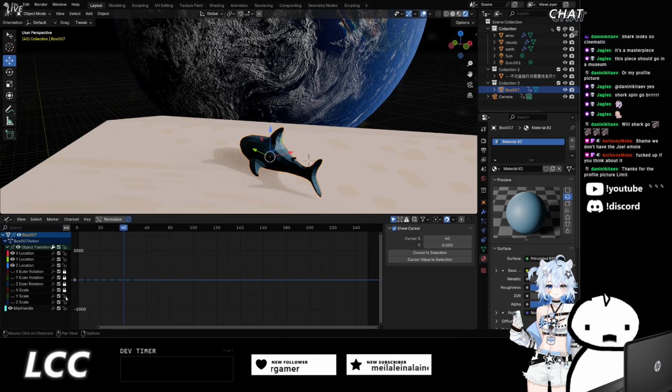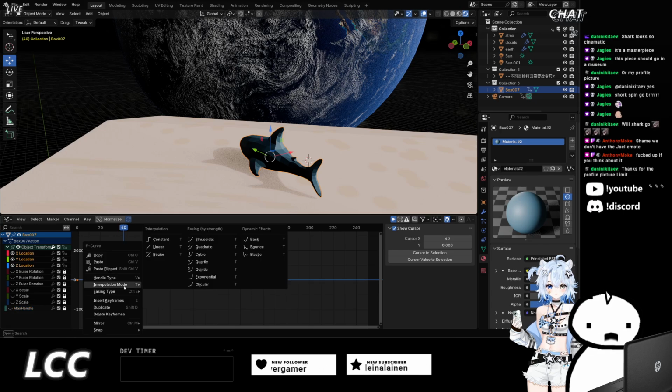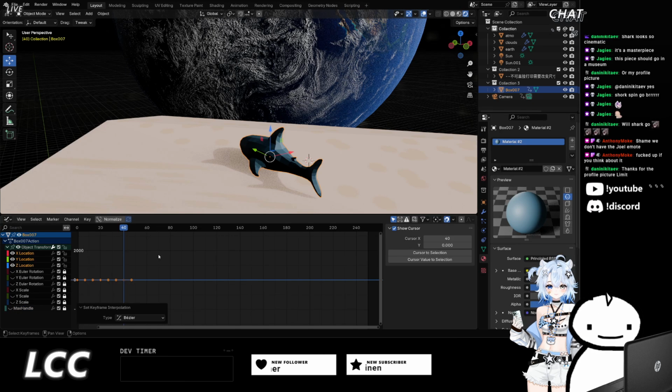Okay, don't edit any of these. We're going to highlight this, or let me hide that. I'm going to highlight this, change the interpolation method to Bezier, and